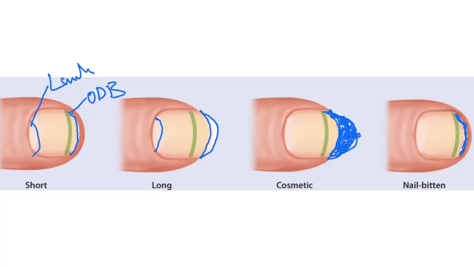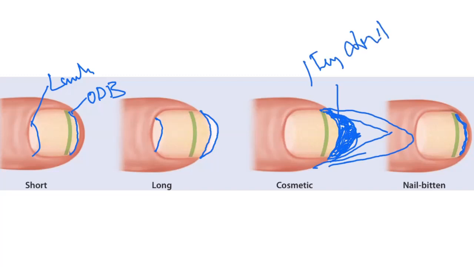in ancient days Chinese grew very long nails, very long nails, in order to show their social status, because long nails mean they don't work. That means they are aristocrats, right? Rich people. That is why it is called cosmetic. That is also why actors and heroines and all the beauty conscious people grew their nails, right?